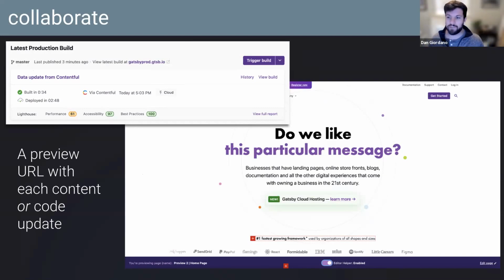Also, when you're working in the CMS, we have a preview server that's always on that allows you to preview drafted content, so you don't need to publish anything. You'll always have your staging URL for your marketing team, and they can see content before they actually hit the publish button.